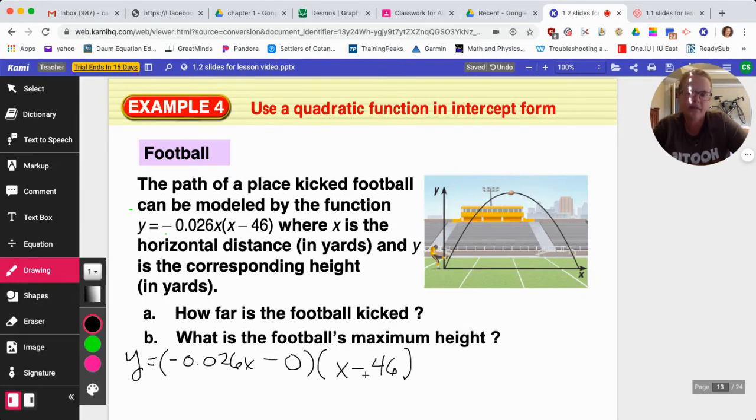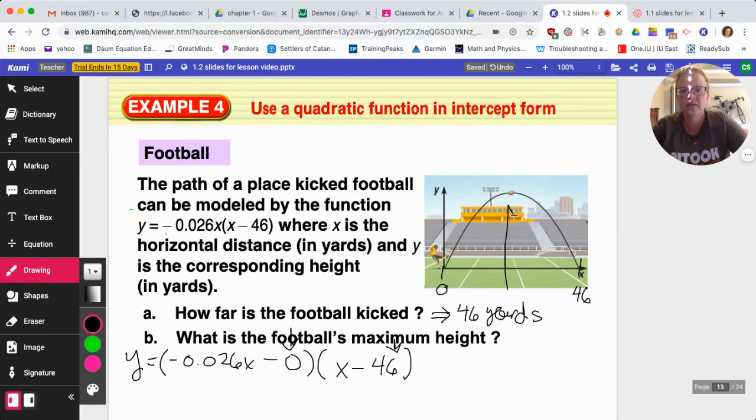That's really what we have there. So where x is the horizontal distance, how far is the football kicked? Here, right there is 0, and this one is going to be 46 from that one right there. So the football was kicked 46 yards. And then the maximum height is going to be, I need to go halfway between there